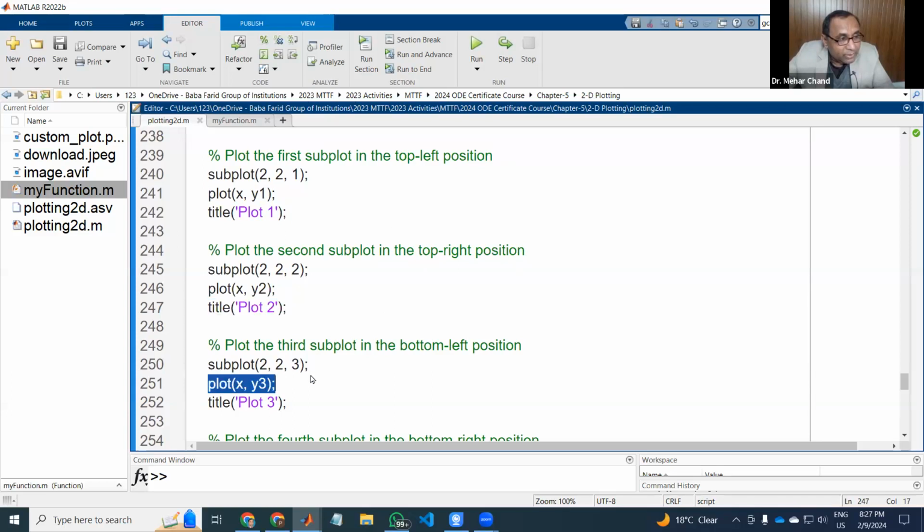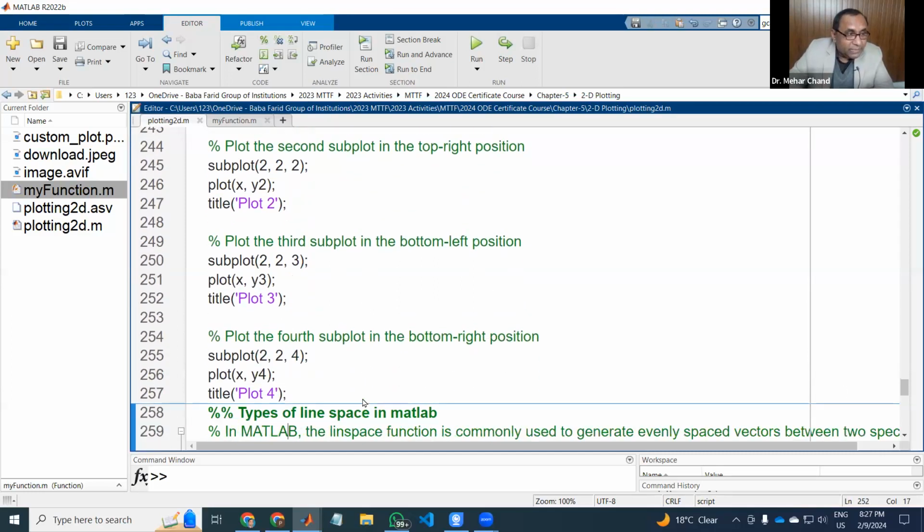Similarly, we have a third image. This will be the bottom left position. I mentioned it here very clearly. And the title for the same is plot 3. Then by using this subplot, we have the bottom right position. Okay, and at this place we are using plot 4. And when you execute